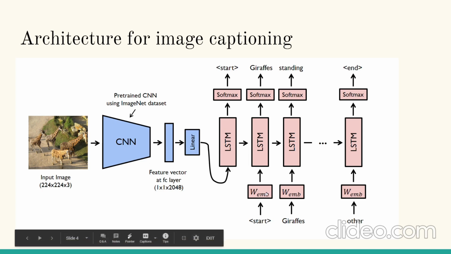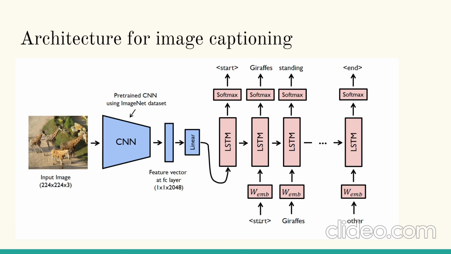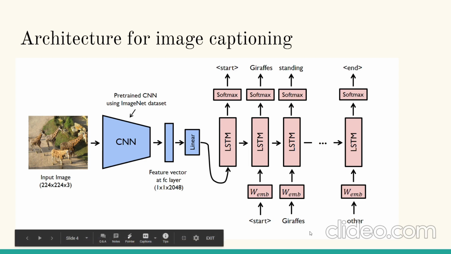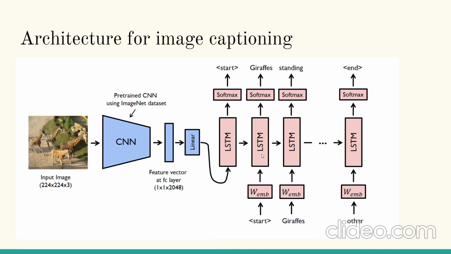Here we can see that embedding is performed by one layer. In our case, this is GloVe. The captions which are provided as input contain start and end tokens, and these texts are first embedded and then used as an input for the LSTM layer, along with the output obtained by the CNN layer. This is then fed into a softmax function, which calculates the probability of the next word, and in this way an efficient caption is generated with the help of the softmax function. We will be discussing all of these layers in detail in subsequent slides.